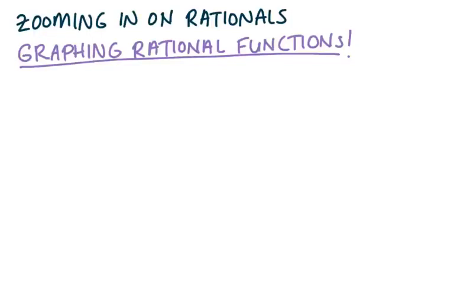Now that we've talked quite a bit about vertical asymptotes and most recently horizontal asymptotes, we are prepared to graph a rational function from scratch. So we're going to walk through this example very carefully using the knowledge we've already discussed and then a couple new ideas. So let's work on graphing the function f of x equals, and we'll make it a fairly messy